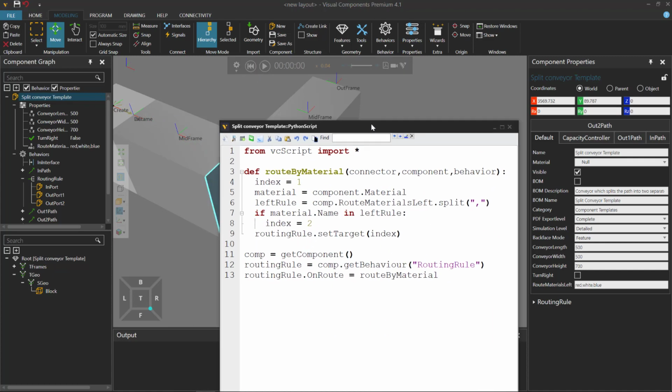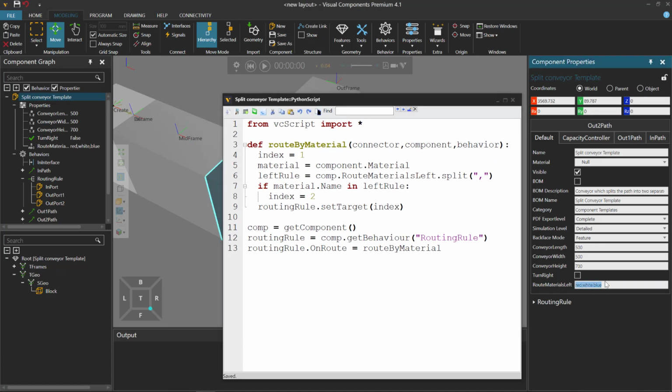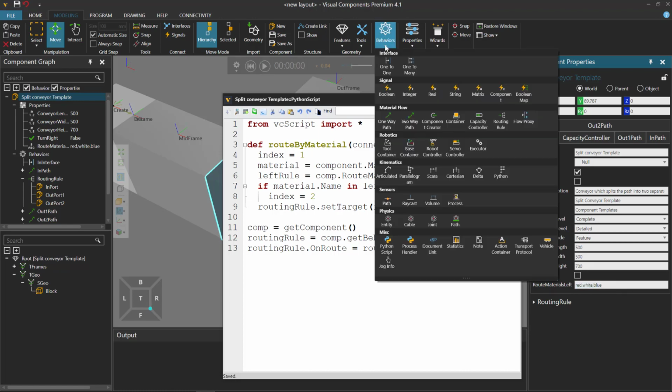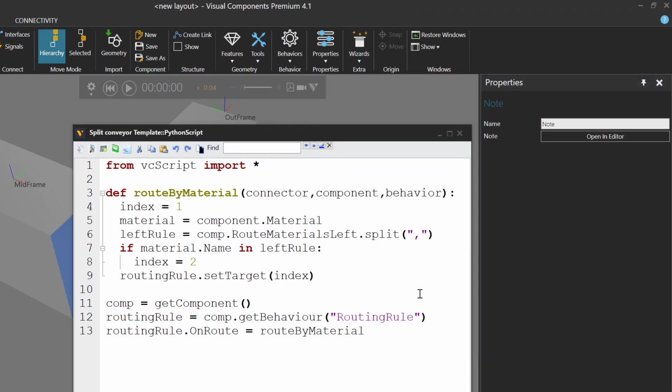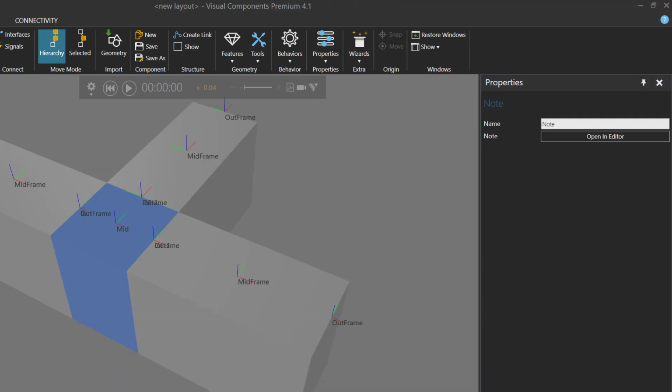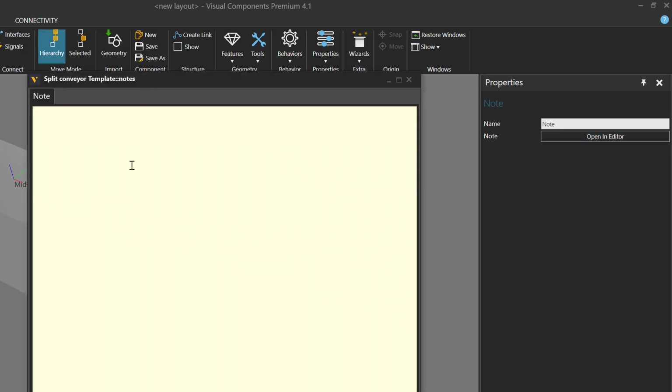Let's now reset. And having this one property here, you might have a really long list. So one option is to use a note behavior and read in the values there. So let's go to our split conveyor component and add a new behavior that is a note. And let's access the note, open it up.